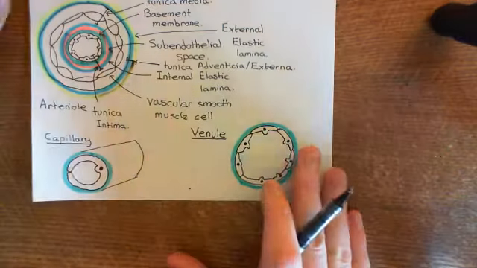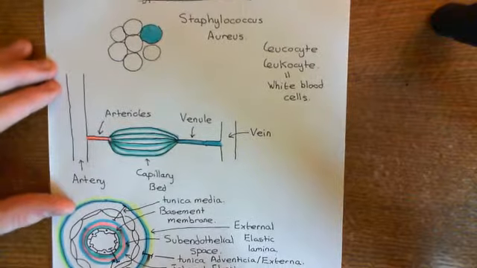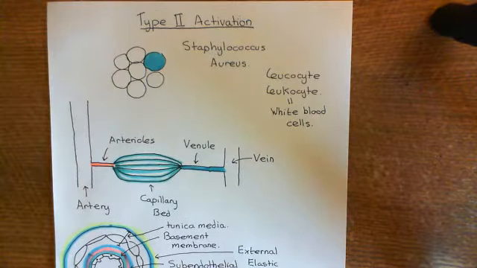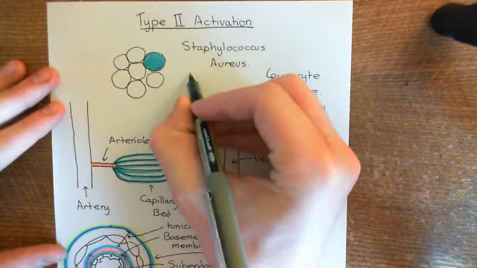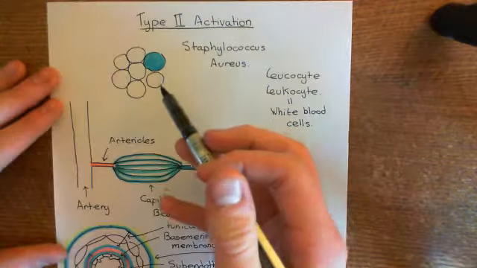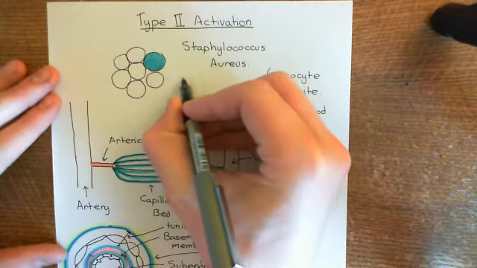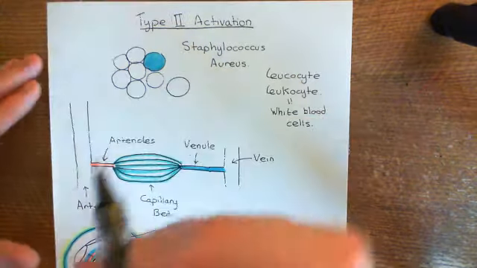So the Staphylococcus aureus has arrived in our skin, let's say, and basically you will be able to induce type 1 activation of endothelial cells and the portion of the inflammatory response which it causes in minutes. Basically, it's very, very quick. Right, so what happens is certain pro-inflammatory molecules arrive at the endothelial cells. Now, the archetypal pro-inflammatory molecule that causes type 1 activation is a molecule known as histamine, and this is released